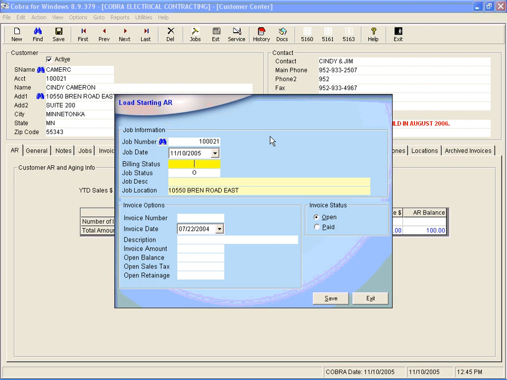So if I'm just loading all my invoices against this one job, it really doesn't matter what status I have on the job. But normally, if this job only has one invoice and I'm entering that invoice at this point, I can say that this is the final bill on the job, so by putting an F in the billing status, and when I press enter, I would put a C in the job status, which means that job